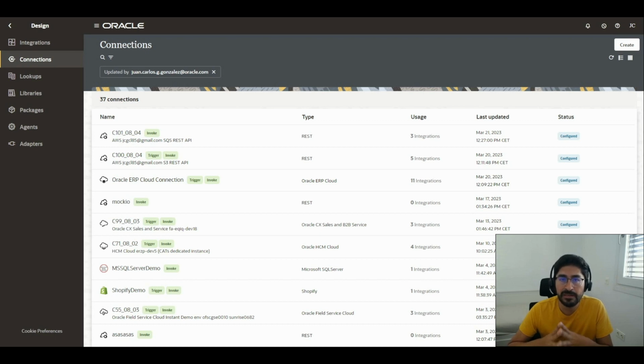And then we will see how we can enable an event-driven feed coming from ERP Cloud whenever a journal batch is posted. We're going to capture that event and send it to an Amazon SQS queue. So in this case,